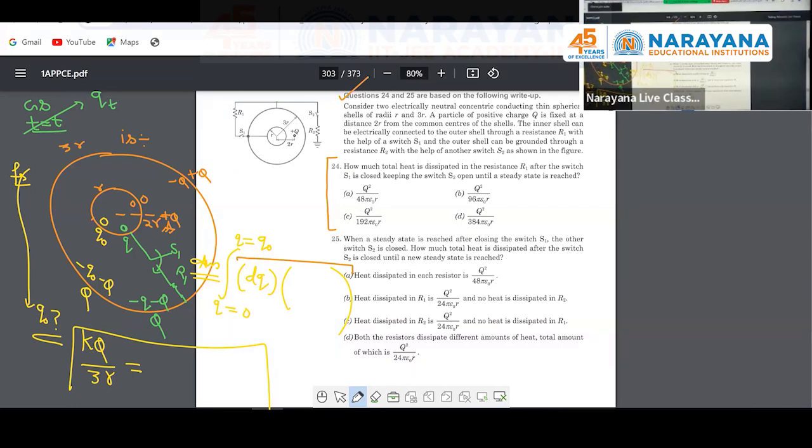So that is KQ naught by. So the terms that you have written, I'll just try to write it immediately. So K term I have got a Q naught upon smaller term. Yeah, then capital Q by 2R at inner point. You're writing capital Q term by 2R term. Yeah, then